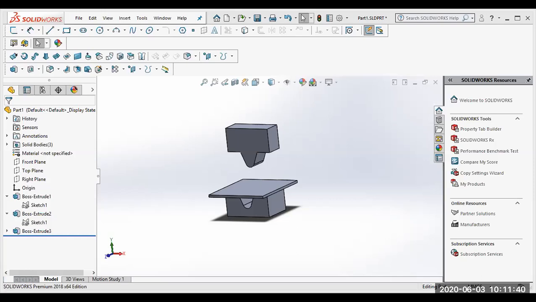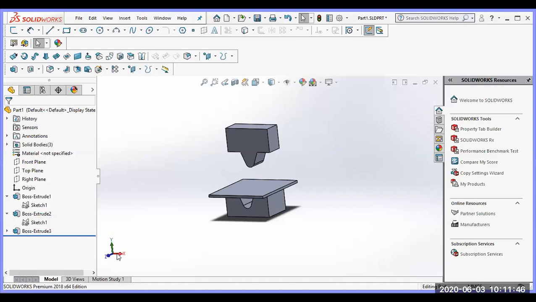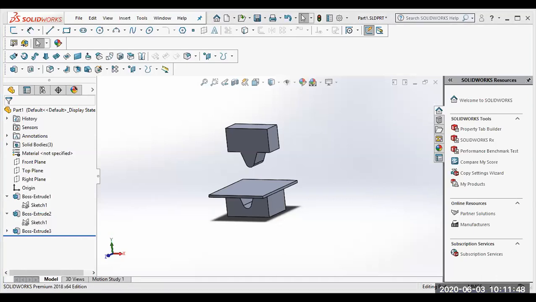Now see, open ANSYS. Here in ANSYS we have so many types of simulation: design assistant, fluid flow simulation, fluid effects, CFX, harmonic response, IC engine, and so many more. Now we are going to select explicit dynamic simulation. Here, the fourth one, explicit dynamic, drag it, and you will get it like this.